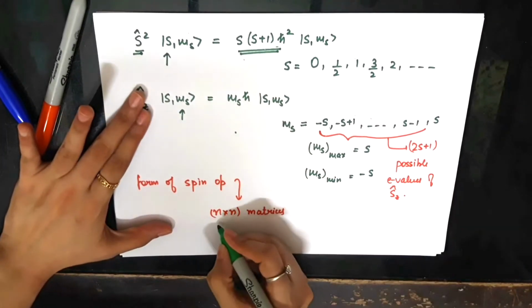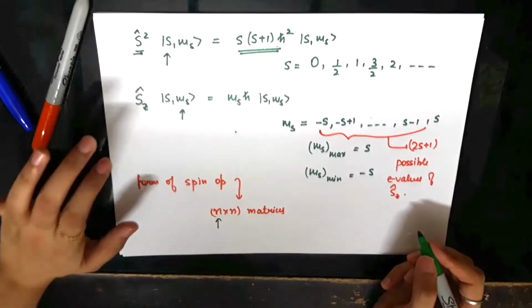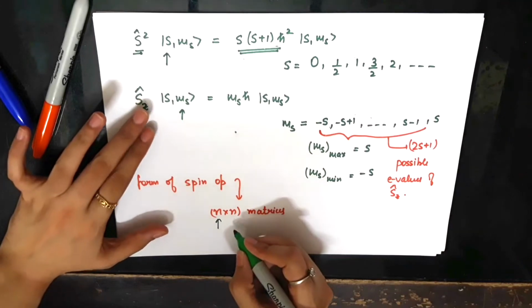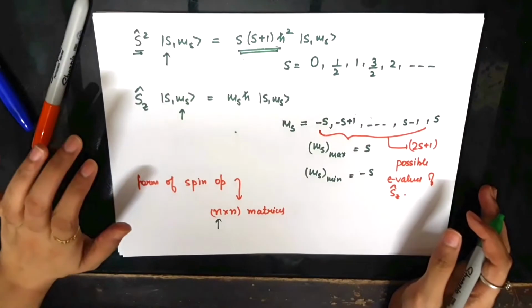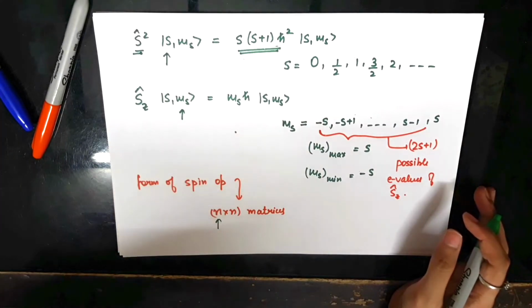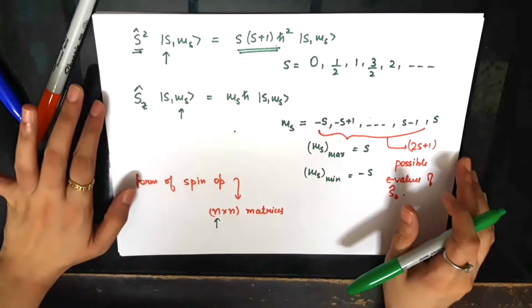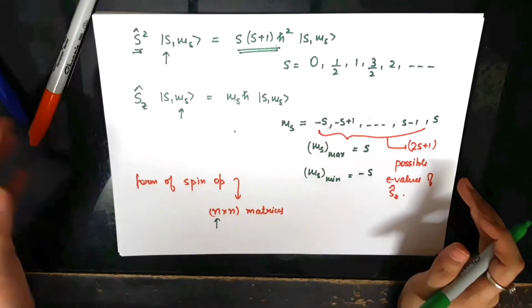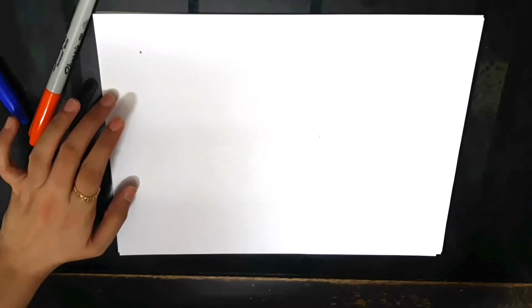So we are first going to figure out what this n actually is and what are the explicit entries. So if you are talking about electron, is it a 2 by 2 matrix or a 15 by 15 matrix or a 90 by 90 matrix? We are going to figure it out. So for electron we are going to do this, and exactly the same procedure could be applied to other spin particles, other quantum particles possessing spin. So let's just start with that.